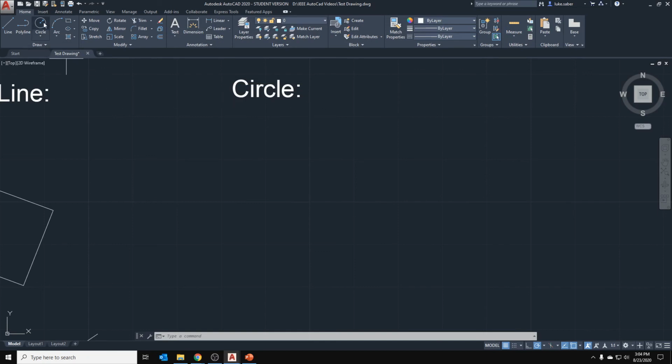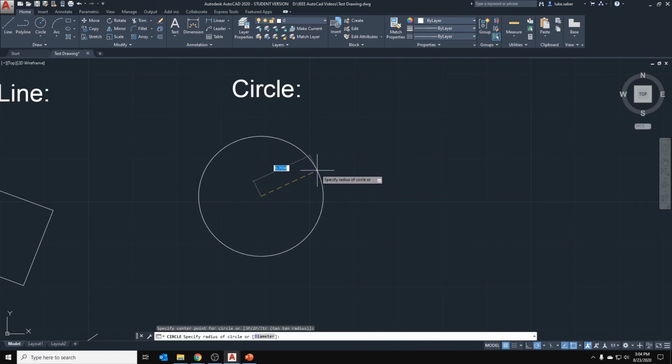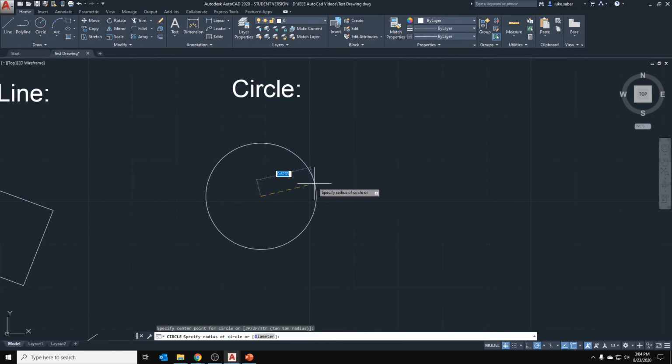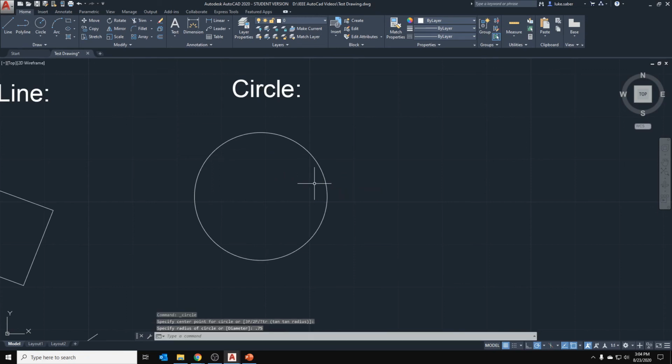So I'll be doing a center radius circle here. So click the center and we'll give it a radius of 0.75. Now you'll see this with the other drawings, but these snaps are really important because if I wanted the center